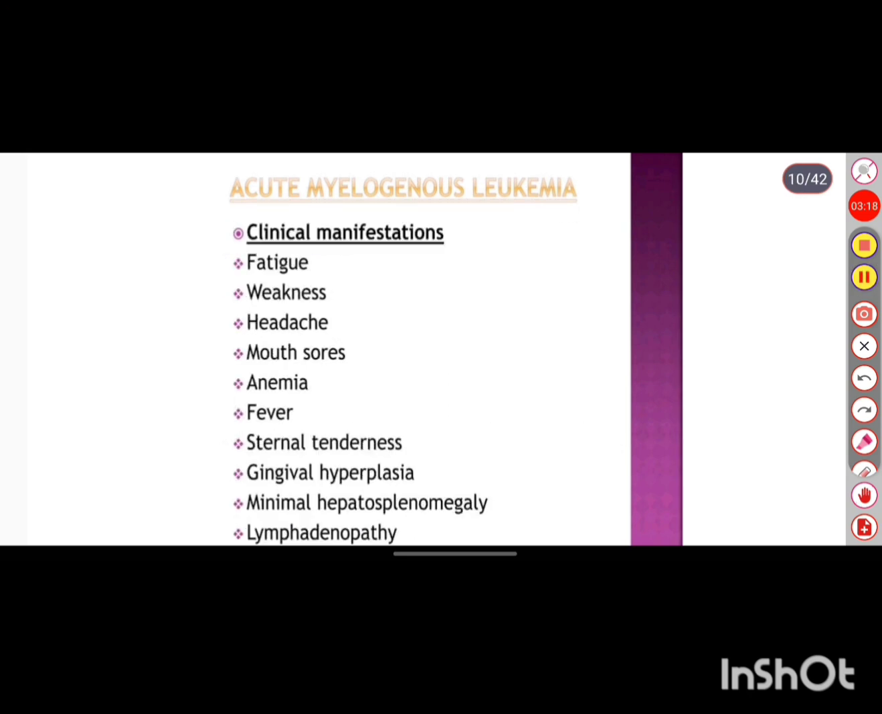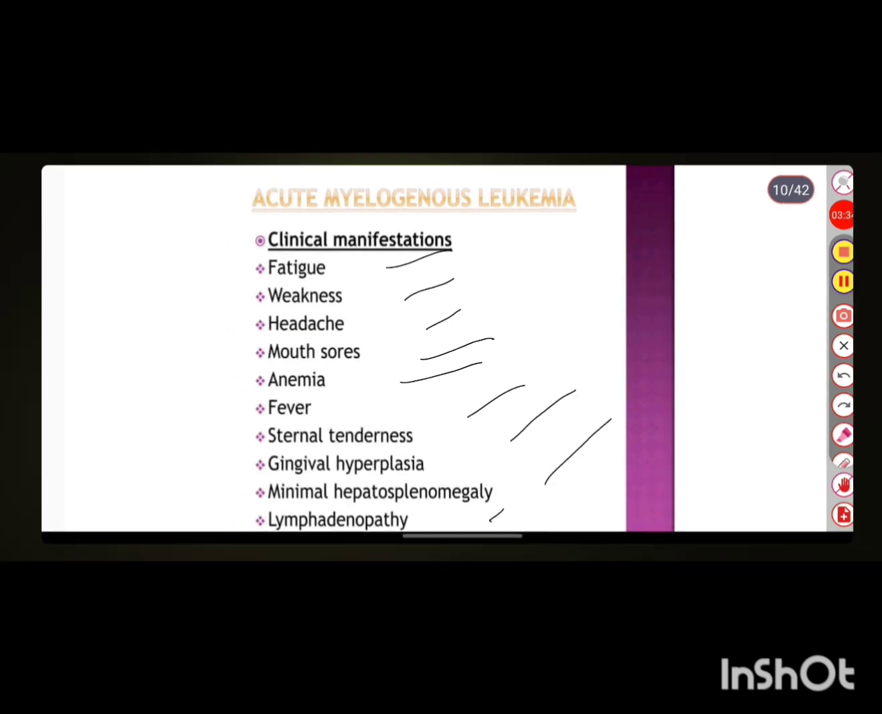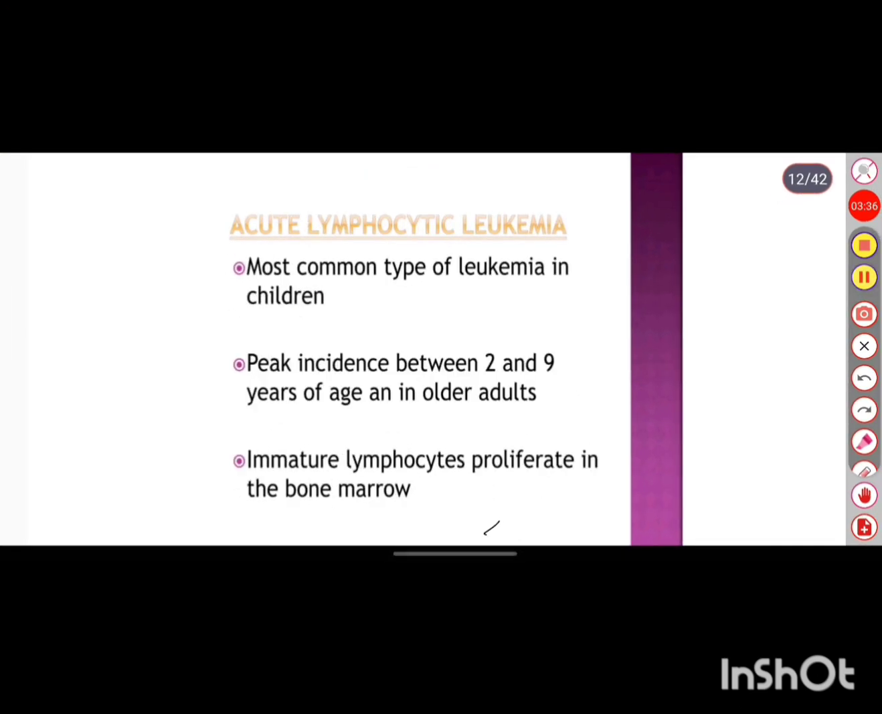Next is the clinical manifestation of this acute myelogenous leukemia. It is usually manifested as fatigue, weakness, headache, mouth sores, anemia, sternal tenderness, gingival hyperplasia, minimal hepatosplenomegaly, and lymphadenopathy. The next type is acute